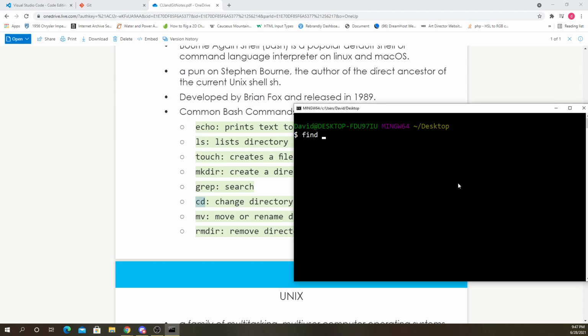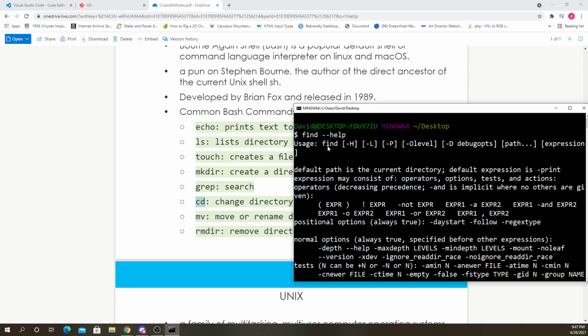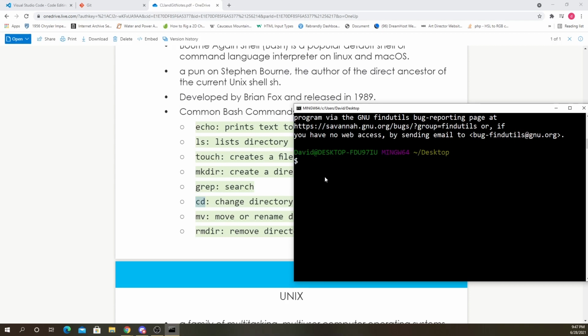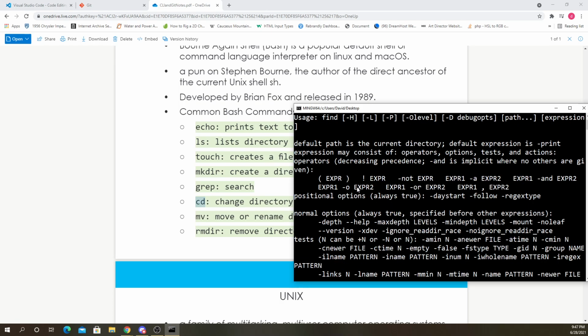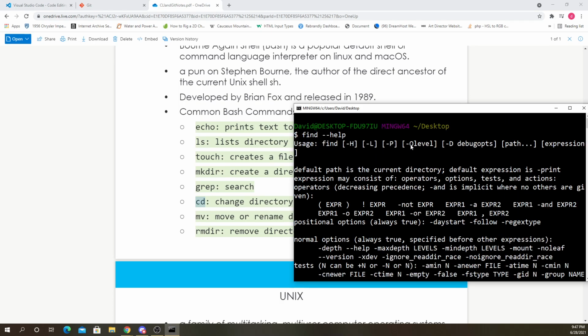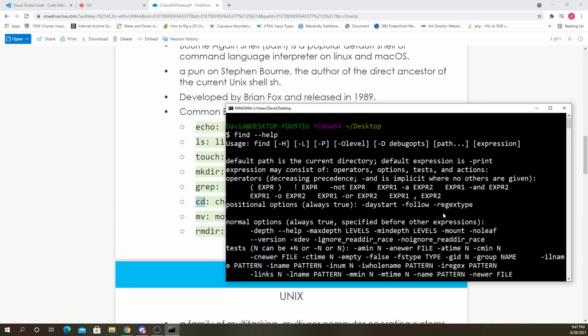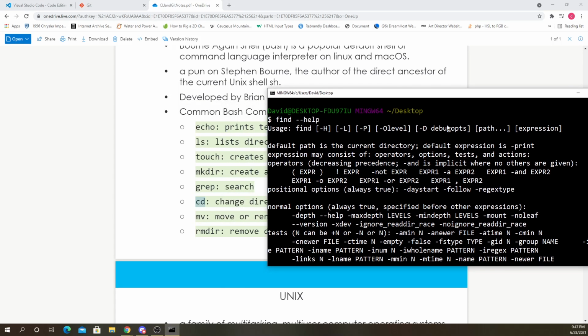Maybe I could find dash help. Let's see. Default path is the current directory. I don't know. Find lapc. Will that work? Find lapc. What were the options? I don't know. It is too complicated.